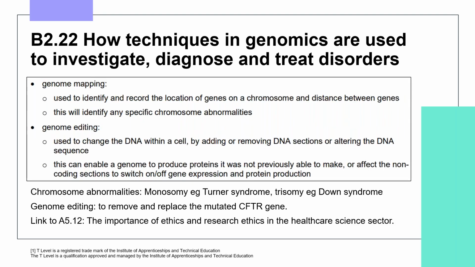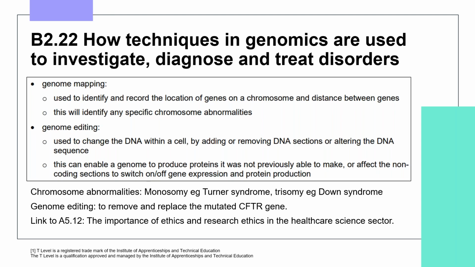So here, genome mapping and genome editing are presented as techniques within genomics. The importance of genome mapping is where it's used to identify and record locations of genes on a chromosome and the distance between genes. It will also identify any specific chromosome abnormalities, and again, just in terms of contextualization, you could cover monosomy conditions such as Turner syndrome, where there's 1 chromosome instead of a pair of chromosomes, or trisomy